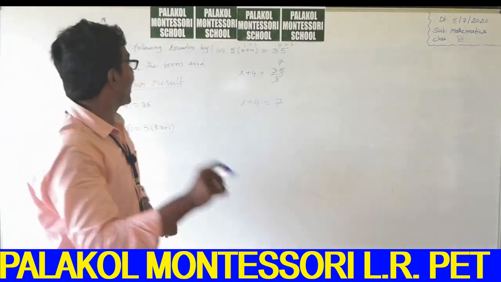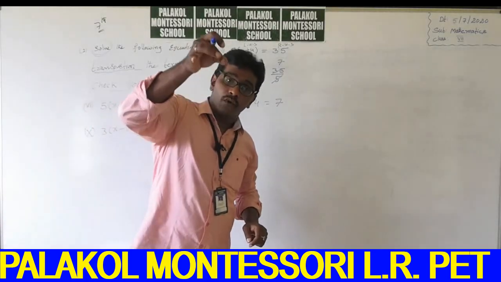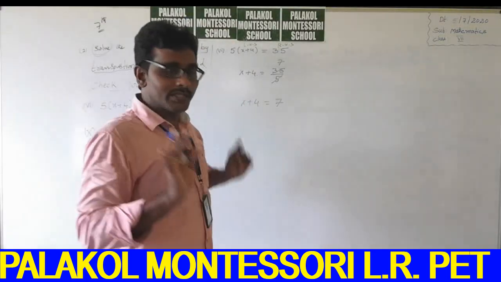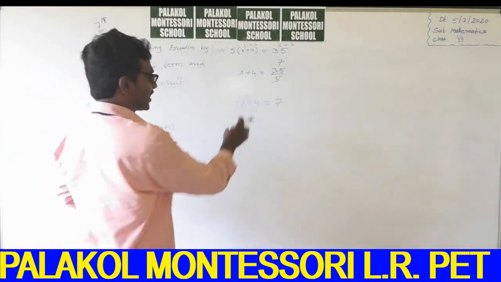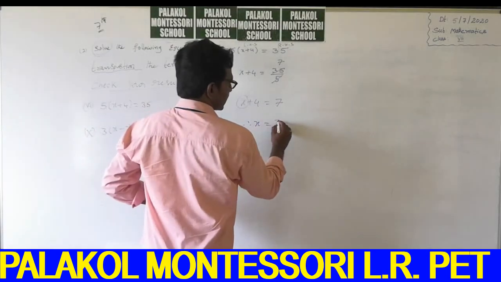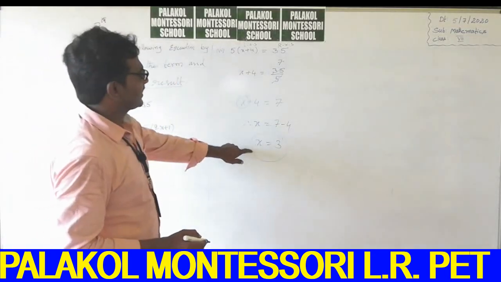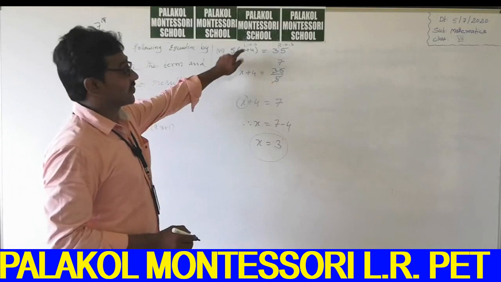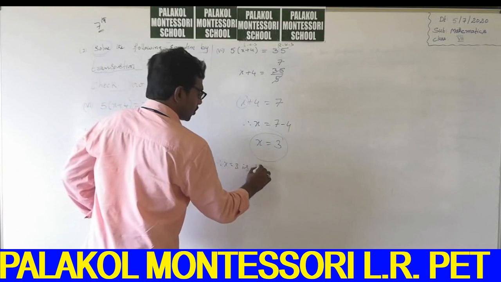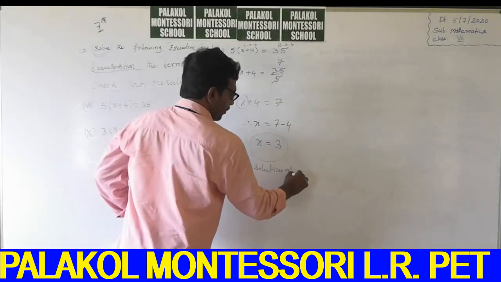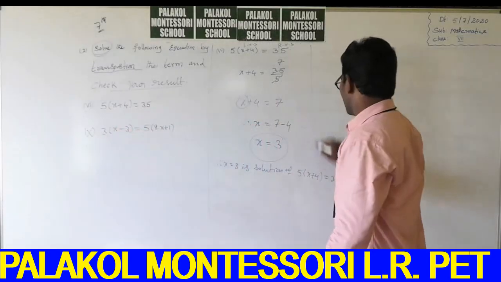What do you want? You find the solution. What is the meaning of solve? In this equation, what variable is there? Finding out its value is what it means to solve. Here the variable is x. Find out its value. Plus 4 send that side. 7 minus 4, x is equal to 3. So, x is equal to 3. 3 is the satisfaction of this equation, since x is equal to 3 is a solution of 5 of x plus 4 is equal to 35. Guys, you check it. Not yet over.